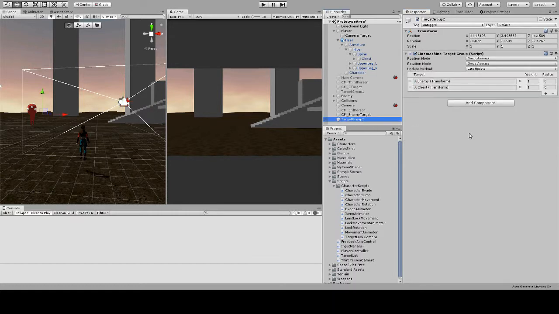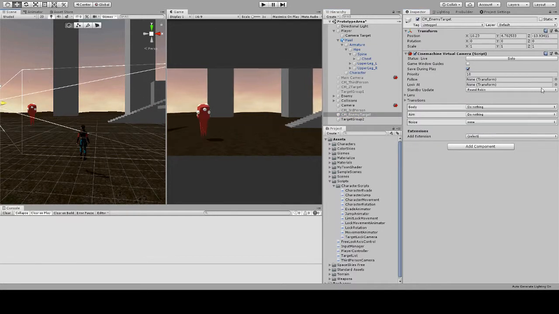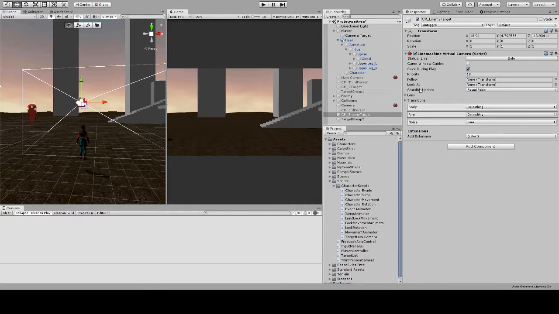Alright, so we've got the target group set up. Pretty simple, that's all you have to do. You want to change these weights though. So just copy what I did on these weights. Got 1, 2, 1.5, and 4. And then go back into Cinemachine enemy target. You can see right now it's not doing anything, just hanging out in space. We'll do the follow as